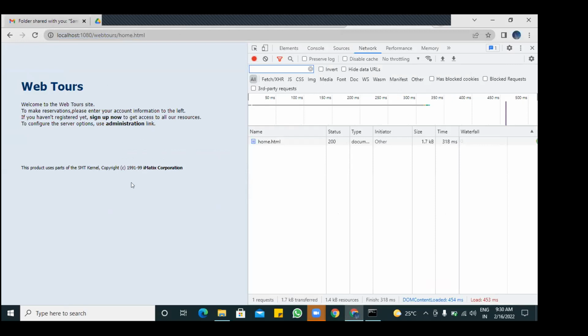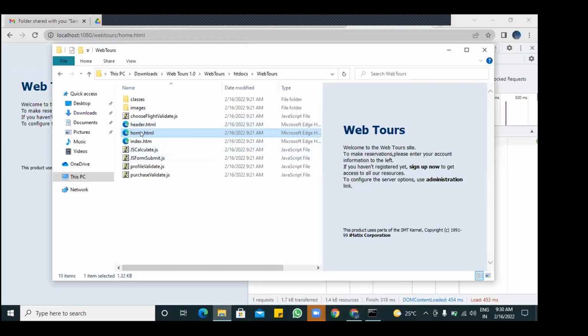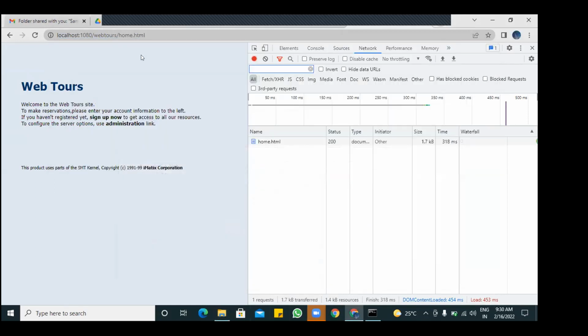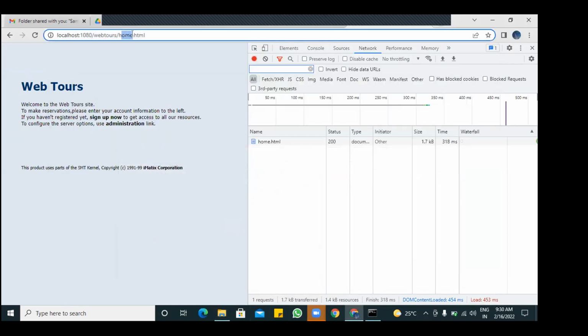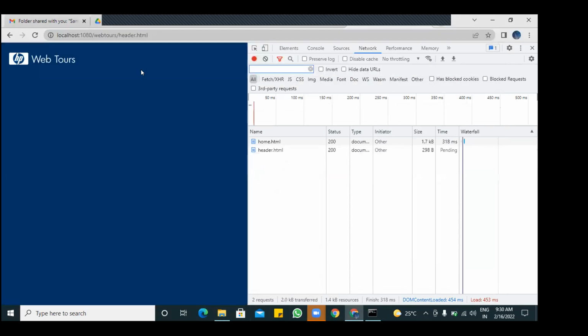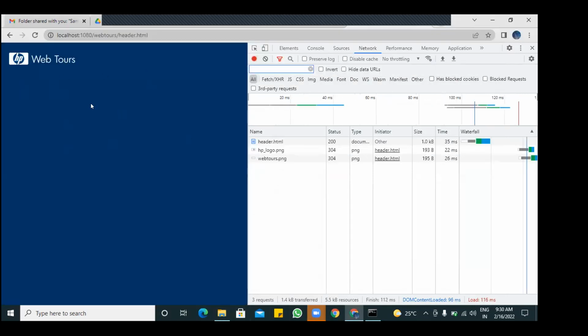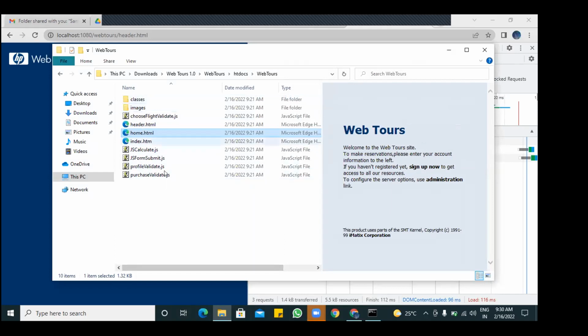So this is the home.html page. Suppose you can send a request to header.html also. Let me show you that quickly. So this is your header.html. So you can send a request to any of these resources. Understood?